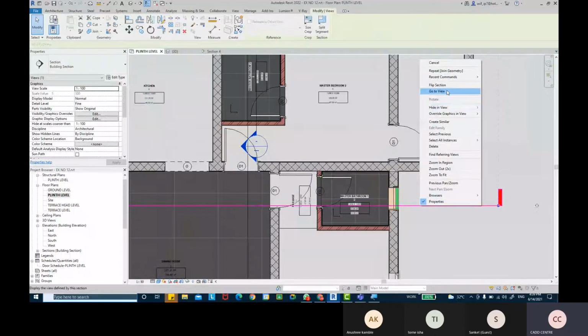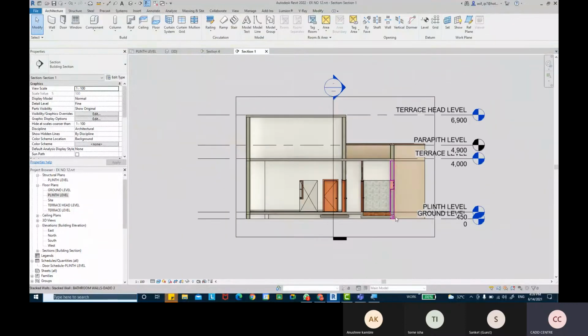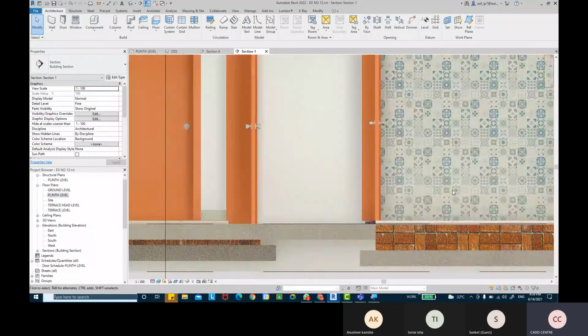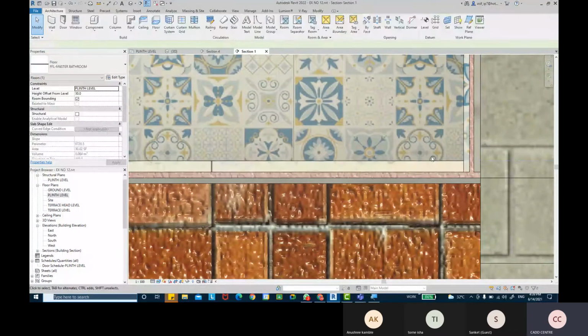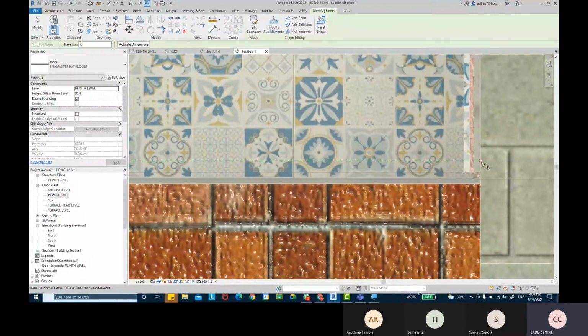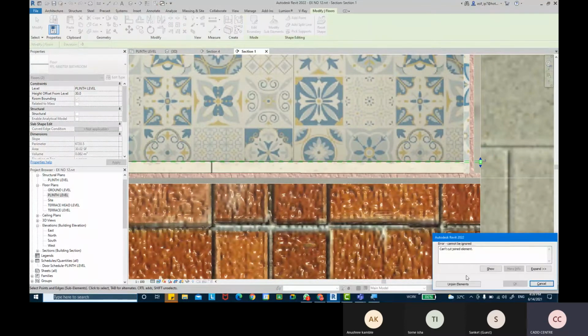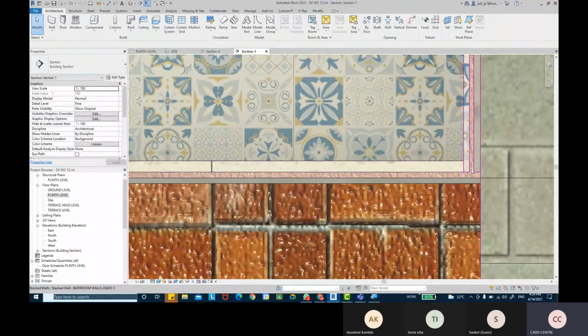In the section view, modify, select that point, negative 3. Maybe this is creating the problem.